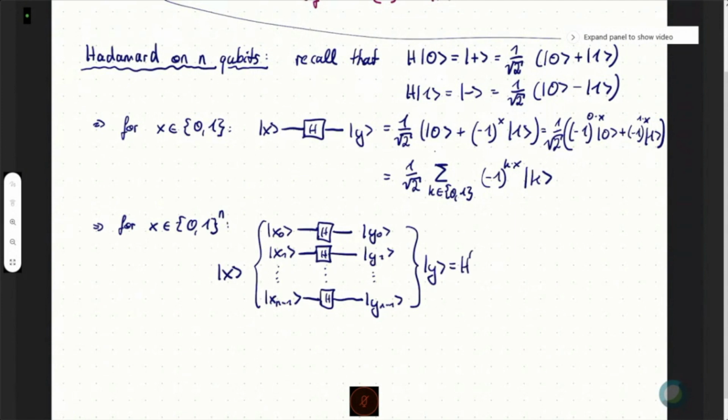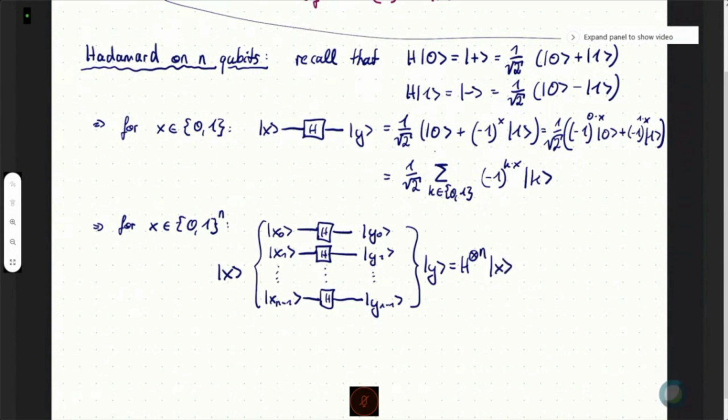We write it like this because if we have multiple states, we put a tensor product between them. If I apply one Hadamard gate on each different qubit, then I write it H to the tensor product power n